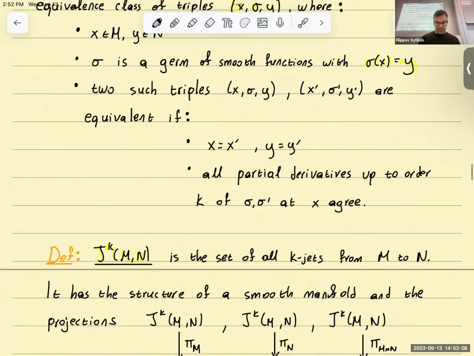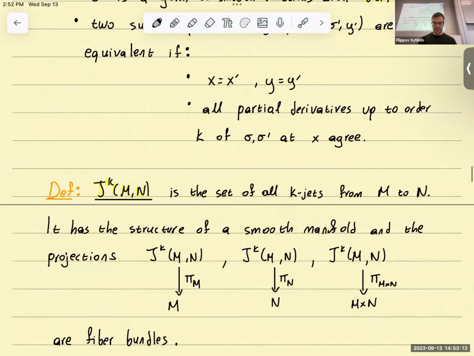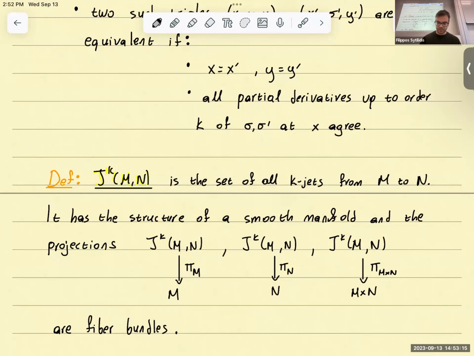I want you to take on belief that it has the structure of a smooth manifold and that the projections... So there are evident projections to M, to N, and to M cross N, and they're all fiber bundles. We can discuss more where the structure of a smooth manifold comes into play. But that's at least the very basic construction that's going to come up